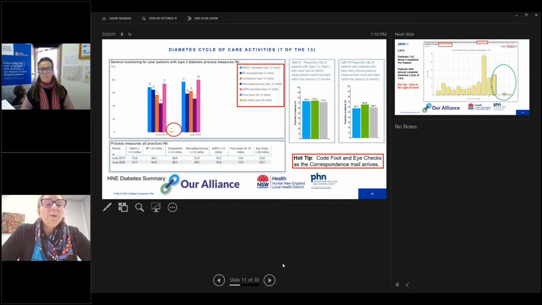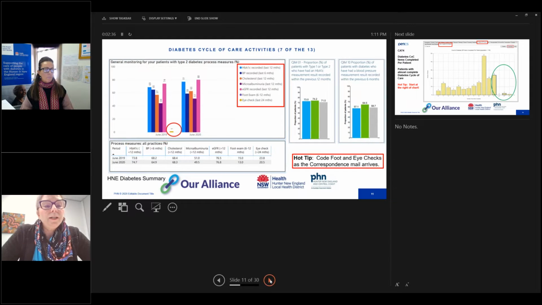So this is the report from the Diabetes Alliance program, and you can see that it talks about 7 of the 13 items, and it gives you a breakdown over the years as you review patients. Also, we've got just a couple of graphs there that compare the GPMP measures against Australia. So you can see Australia's in the grey, your practice would be in blue, and the other PHN practices are in green. So it can indicate a benchmark of how you're performing.